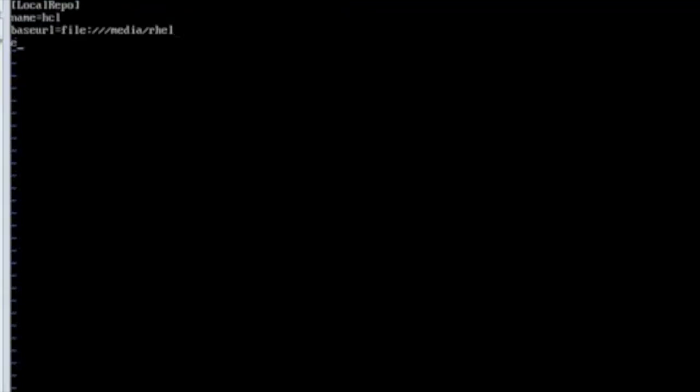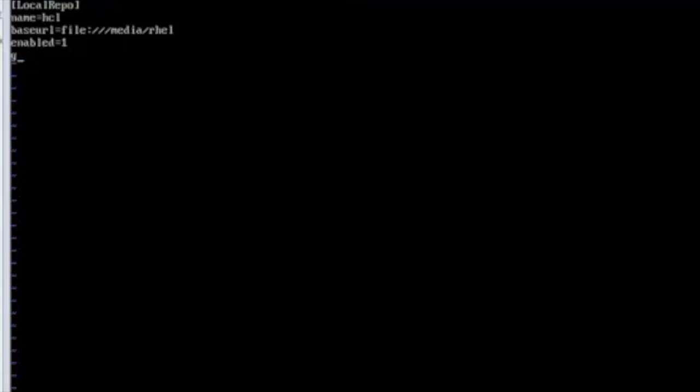Okay. Now to enable it, in ENABLE, I am writing 1. If you write 0, then it will not be enabled. Suppose the name of this repository is manish.repo. If there are other repositories, like hcl.repo, a.repo, b.repo, you can turn it on or turn it off using this command only. Enabled equal to 1, or enabled equal to 0, then it will be disabled.